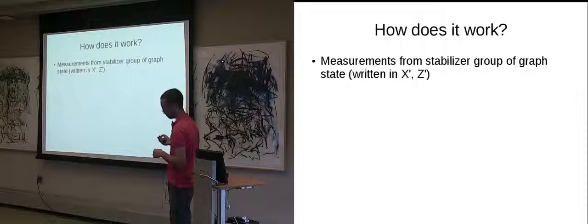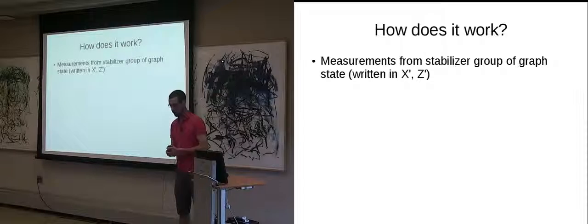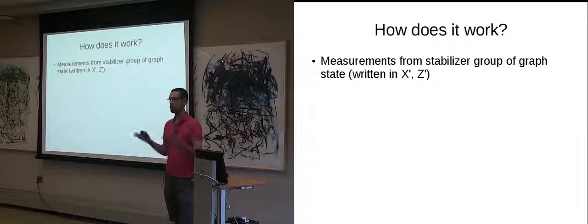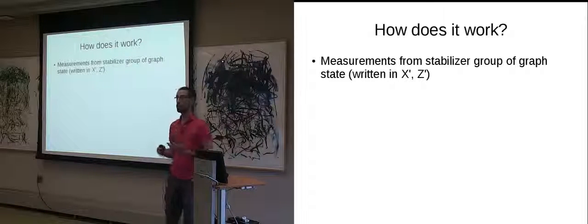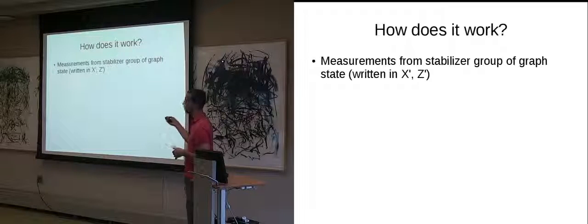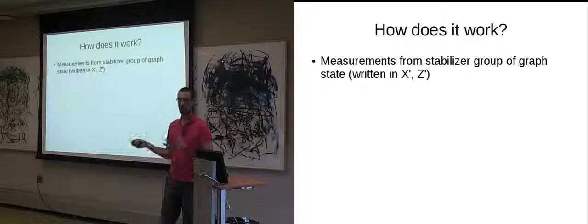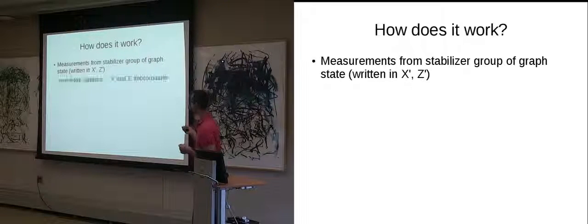Okay, so usually when we're talking about graph states, because these are stabilizer states, we speak in terms of the stabilizer group. And it turns out that the stabilizer group is going to provide all the measurements that we need in order to verify the graph state. We don't have to check all of them, but there's going to be some set of correlations that we can derive from the stabilizer group for the graph state that will tell us